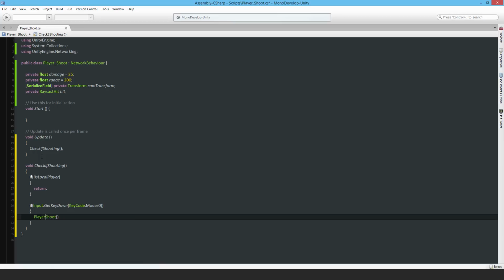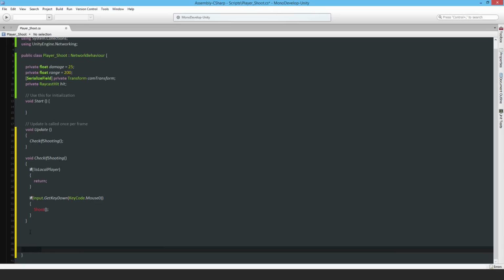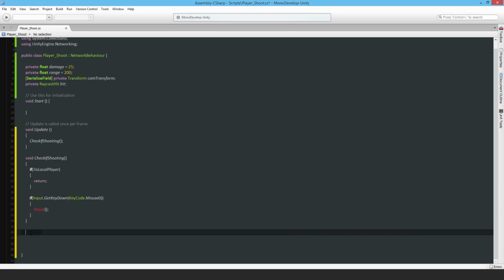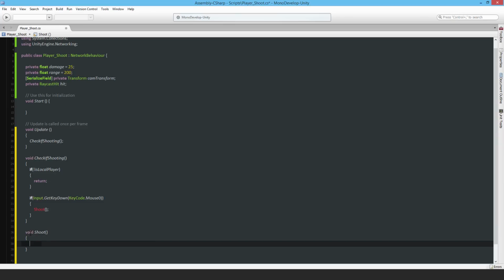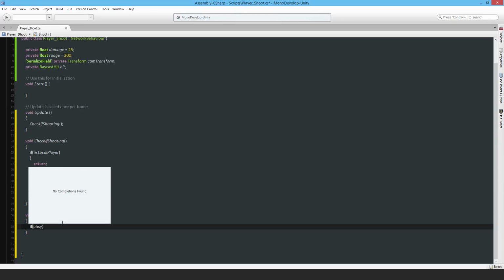Let me just get rid of that. And I need to make this function. And in this one, this is where I'm going to actually use a raycast, so void Shoot. And I'm just going to write here if Physics.Raycast,